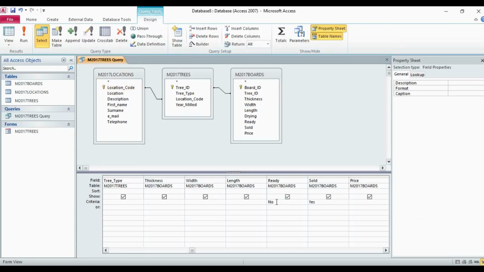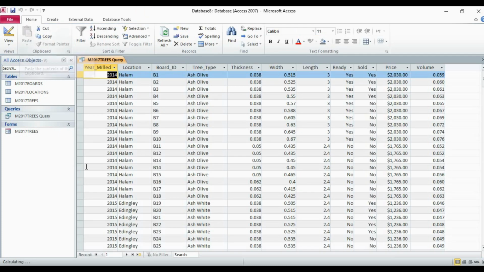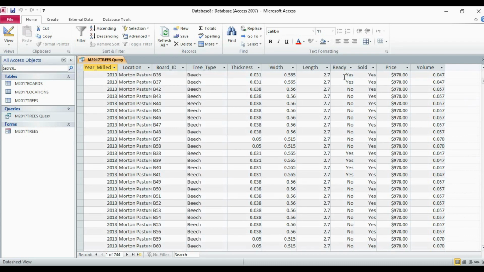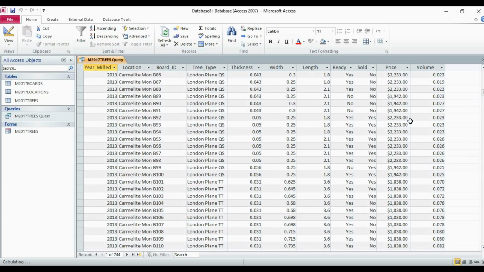Once I delete this criteria and run the query, you can see the number of records is 228. So for ready some values are yes and some values are no. For sold some values are yes and some are definitely no.